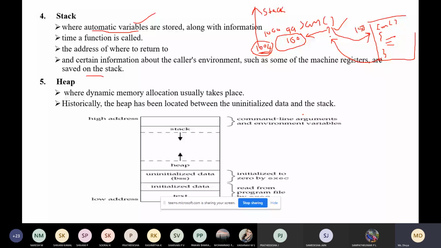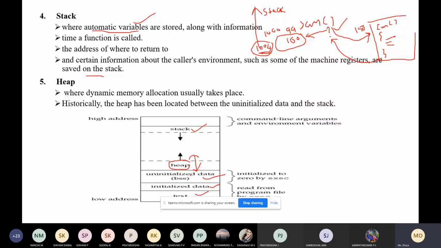You can see here, this is your text segment, this is the initialized data segment, this is the uninitialized data segment. On top of the uninitialized data segment you have the heap, and at the bottom of the stack. So the heap segment comes between the stack and the uninitialized data segment.